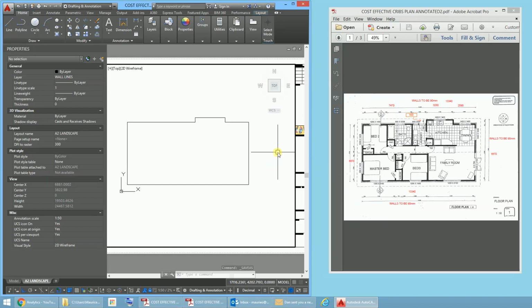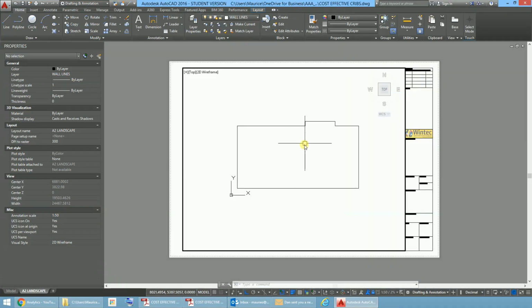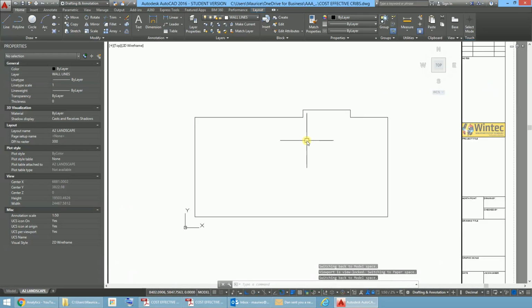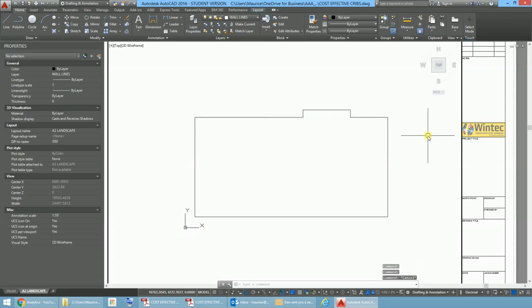All right, so I'm just going to do these internal walls very quickly and show you something there. First of all, I'll bring this up to full size. What we've got here is the individual lengths, which we can check out in the properties. And so what we need to do is get a parallel line to those, 90 millimeters, and we're working in wall lines